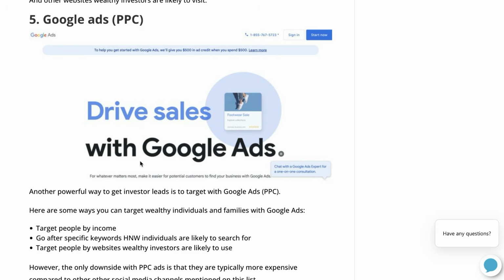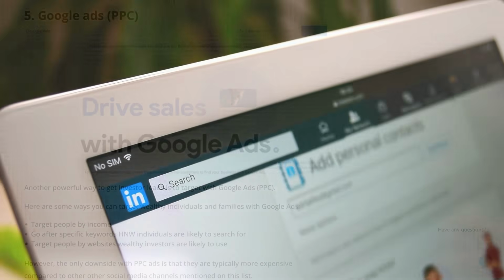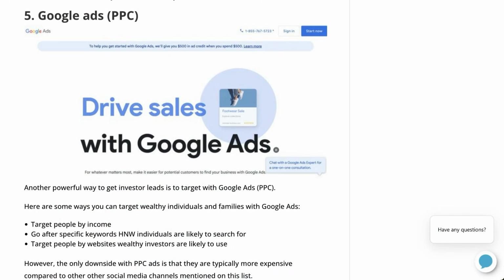However, if you are going to be running ads on Google where you do have to pay a little bit more to target these people, it might also be worth considering LinkedIn ads as well, because LinkedIn ads are also typically expensive in the same way that Google Ads are expensive. However, on LinkedIn, the advantage is that you can really drill down and target very specific people with very specific job titles. So you could target a CEO of a business with over 50 employees, for example. So you can go really granular with the targeting on LinkedIn. And as a result of this more detailed targeting, you can make sure that your budget is being used a little bit more efficiently.